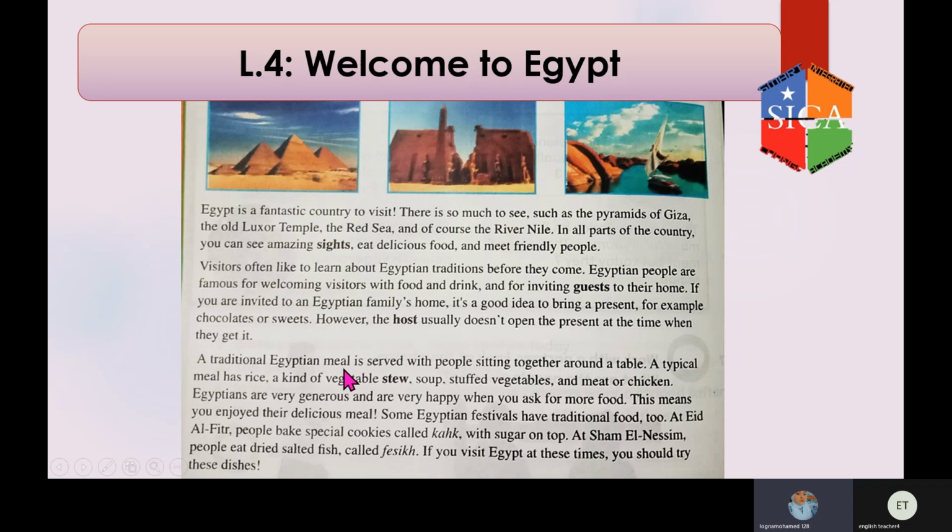A traditional Egyptian meal is served with people sitting together around a table. A typical meal has rice, a kind of vegetable stew, soup, stuffed vegetables, and meat or chicken. Egyptians are very generous,